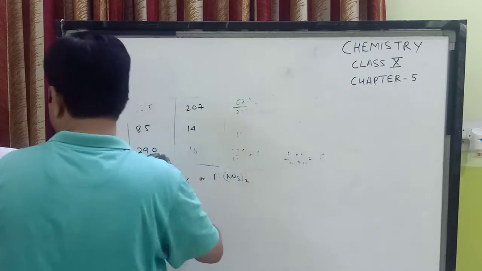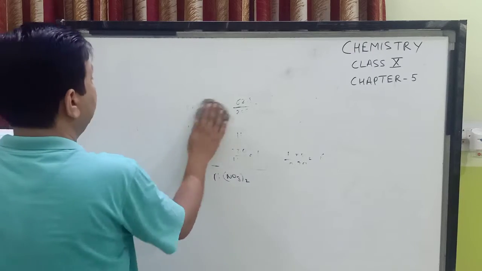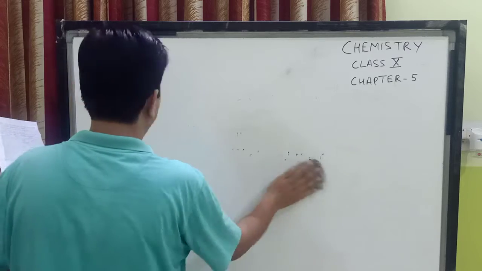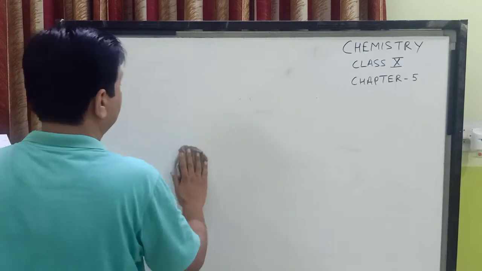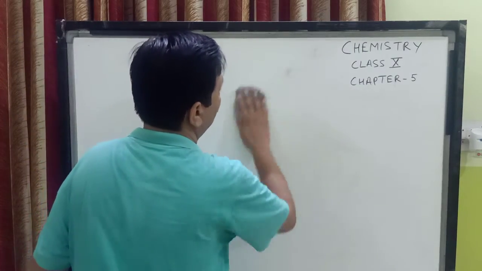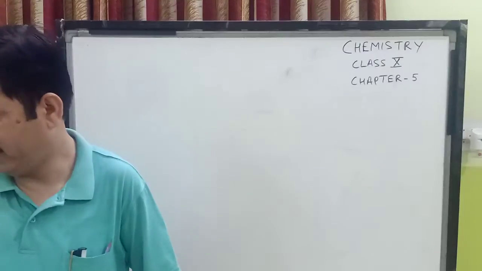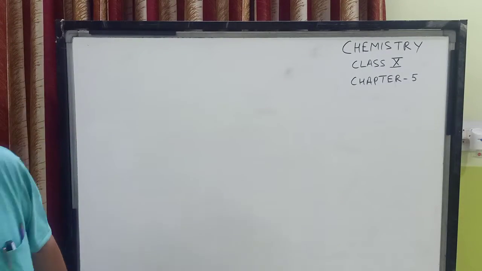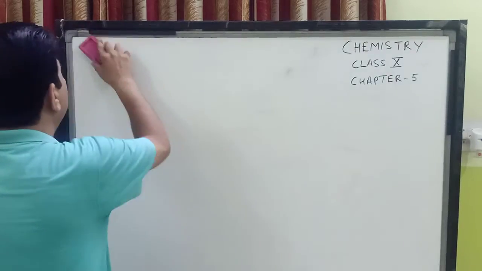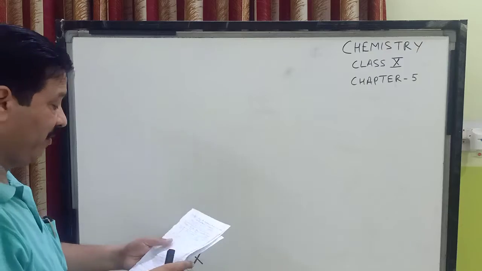And children, the question is: an organic compound whose vapor density is 45 has the following percentage compositions. An organic compound, children, you must know, is a compound of carbon and hydrogen plus any other atom that can be there. And whenever an organic compound is given, you have to see whether carbon and hydrogen are present or not. If they are not present, then we'll see what we have to do.